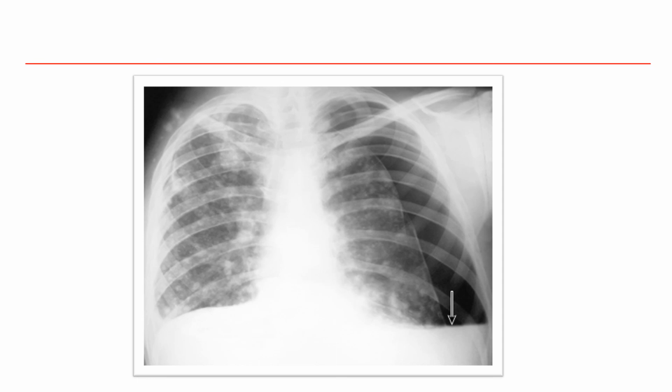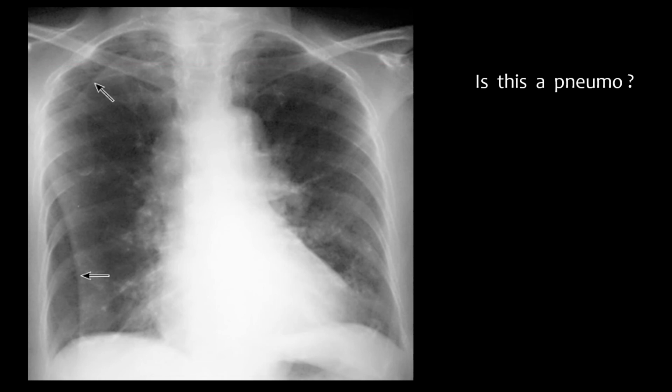Then this here is an X-ray of a patient with what? Can you make out what the arrow is showing? This is not a depressed diaphragm. If you note the two diaphragms, the diaphragm is not really depressed. The CP angle is not clear and it's a flat line. So this is actually a fluid level, which can mean either hydropneumothorax or a hemopneumothorax, blood or water.